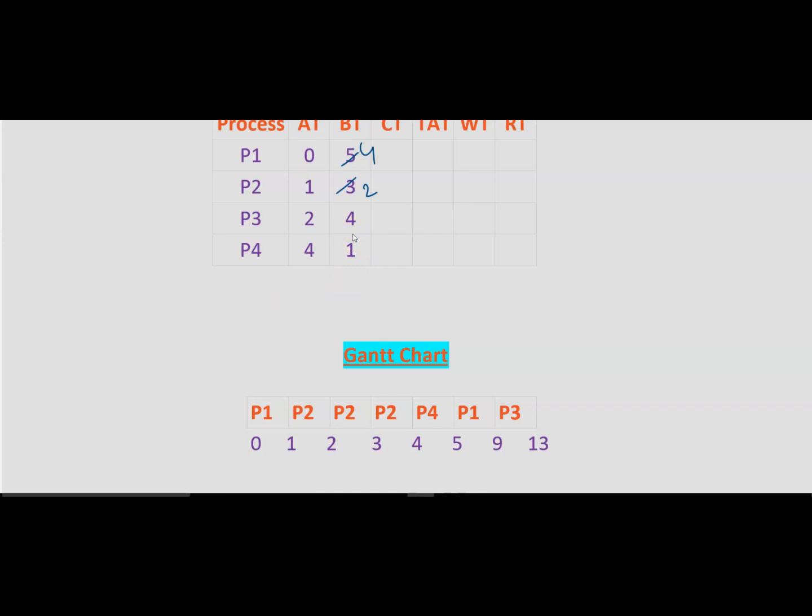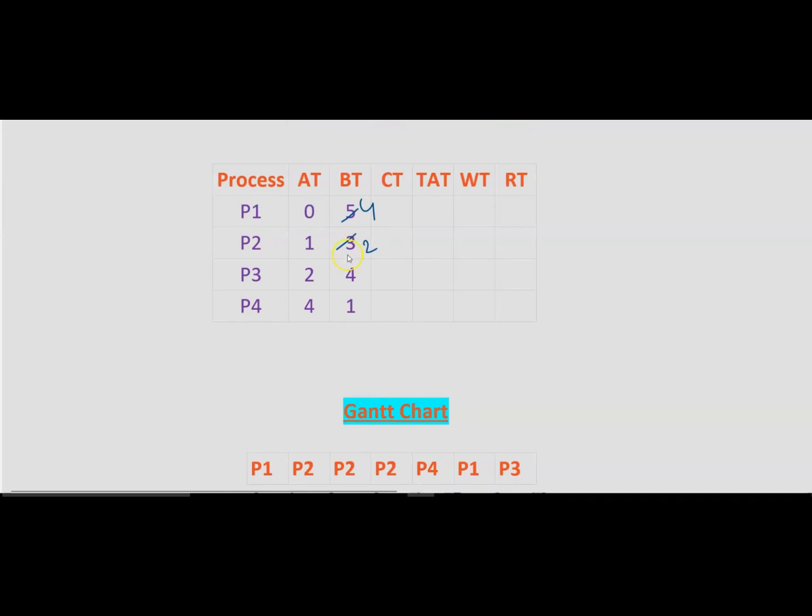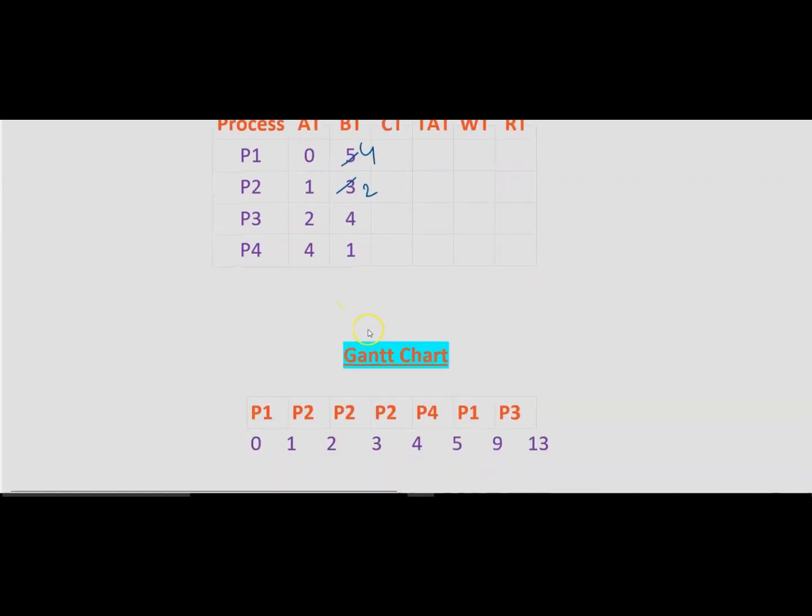So now you can see I got three processes, that is P1, P2 and P3, which have currently got activated. Now again we will compare the burst time. To whom are we going to allocate the CPU? Now P1 has remaining burst time 4, P2 has 2 and P3 has 4. So we allocate the CPU to the one having the least execution time or least burst time. So according to the scenario, now we will be allocating the CPU to P2 process. And now you can see that we will be executing the P2 process completely.